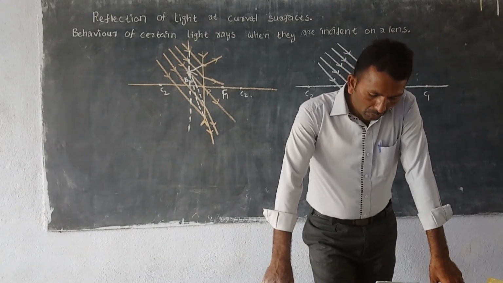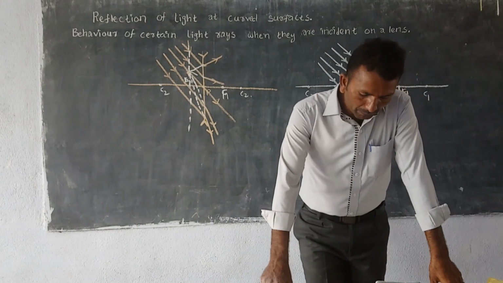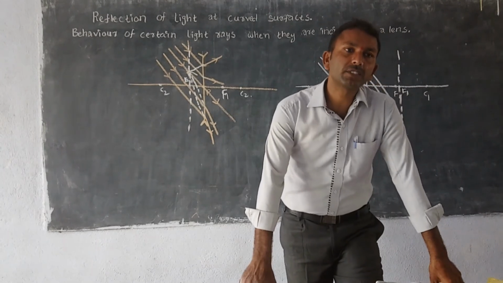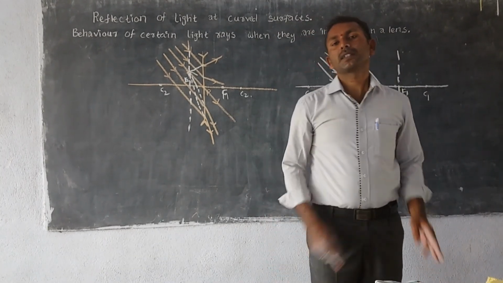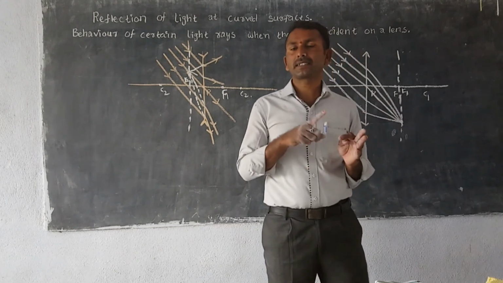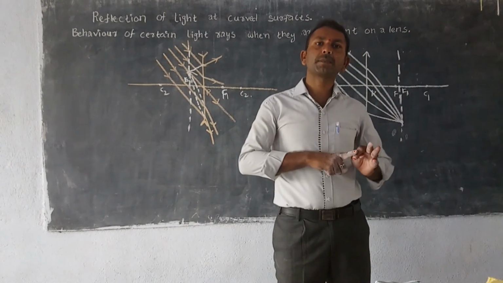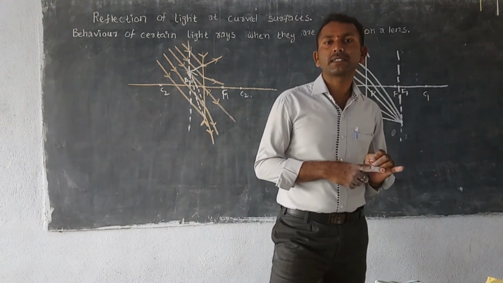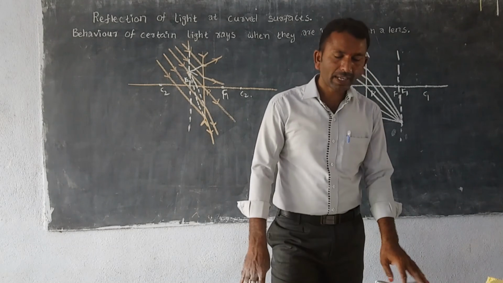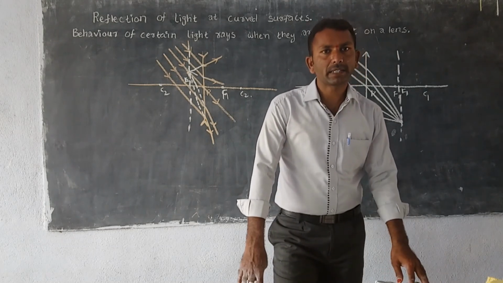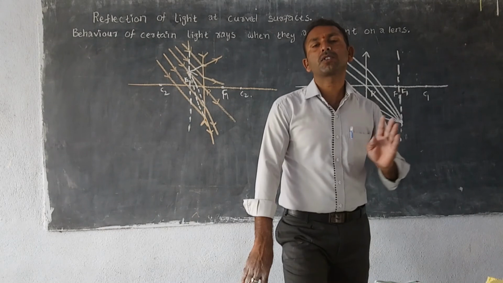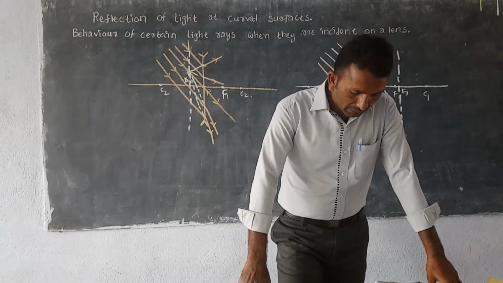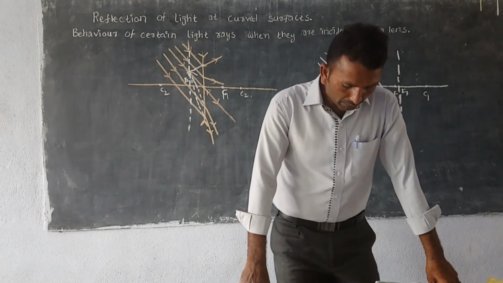Second one, draw two rays that you have chosen from the rays mentioned in situations 1 to 4. We have learned 4 situations. What are the 4 situations? First, the light ray is going along the principal axis, and second, the light ray is going parallel to the principal axis, and third, the light ray is going through the optic center, and the next one, what is the 4th situation? The light ray is going through the focal point. From these 4 situations we have to choose any 2 light rays to get the image point. Extend both rays to intersect at a point. This point gives the position of the image.